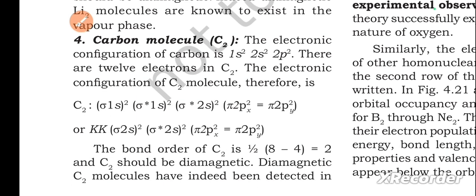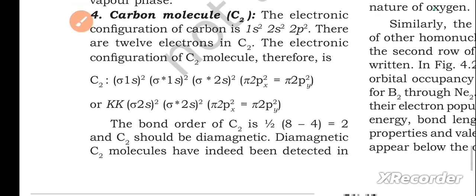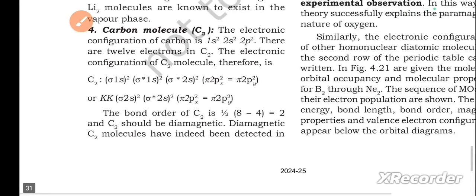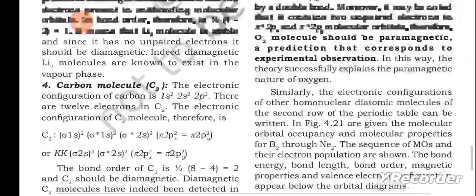The electronic configuration of C2 molecule therefore is sigma 1s2, sigma star 1s2, sigma 2s2, sigma star 2s2, pi 2px2 equals pi 2py2. The bond order of C2 is 2. And C2 should be diamagnetic. Diamagnetic C2 molecules have indeed been detected